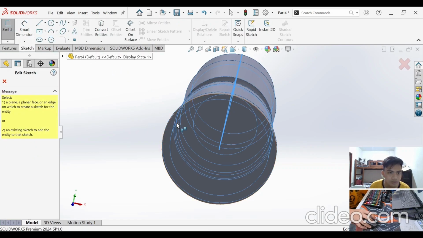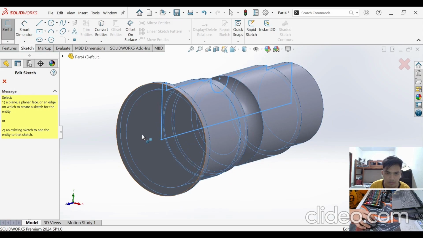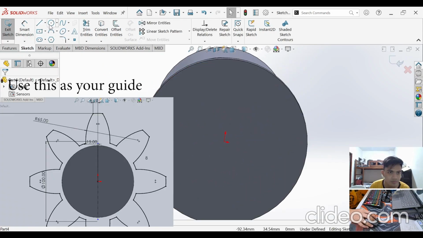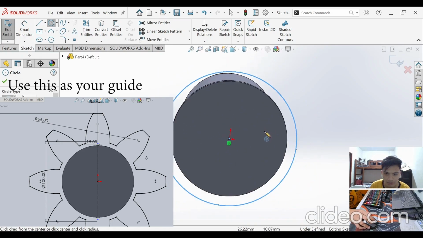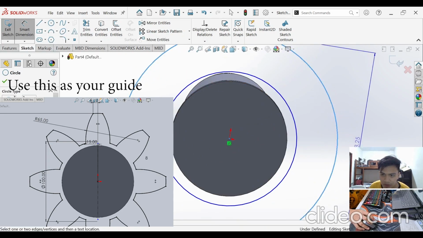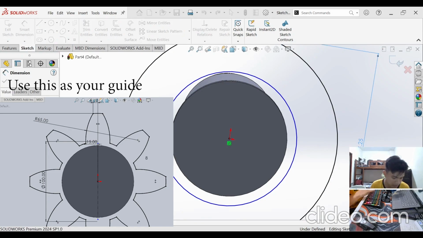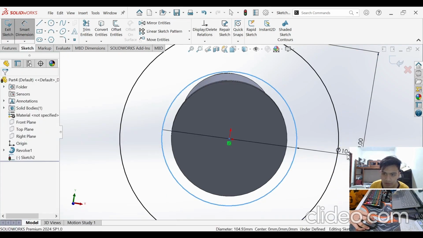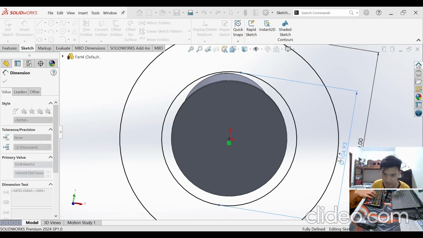Proceed by sketching on the surface of our extrusion two sets of circles. One should be smaller in size and the other should be bigger. And by heading to Smart Dimensions, we can change their measurements. The bigger one should be 170 millimeters, and the smaller one should be 100 millimeters only.